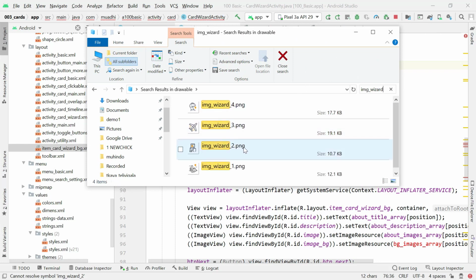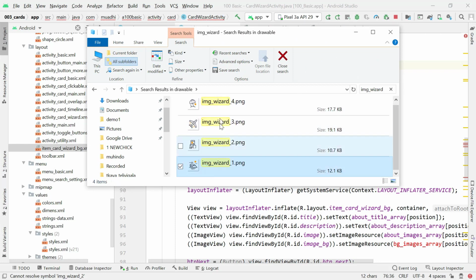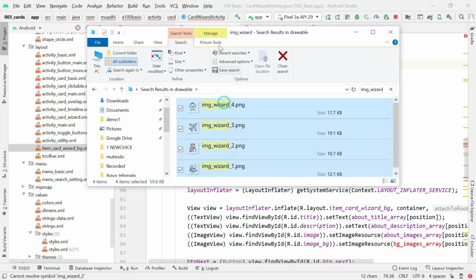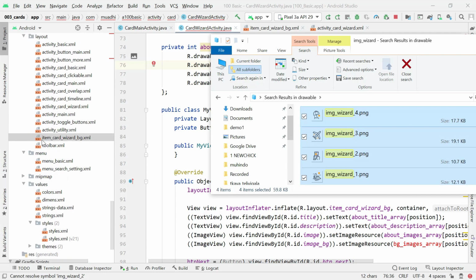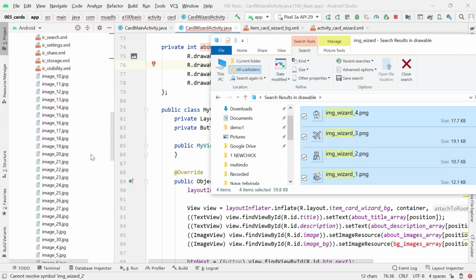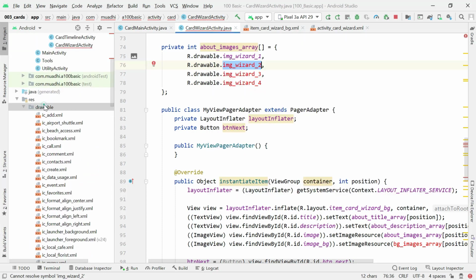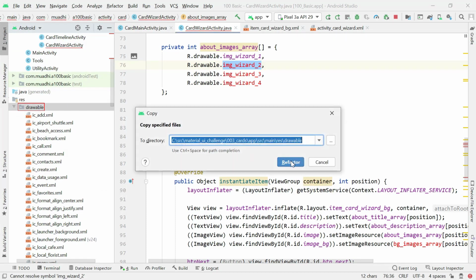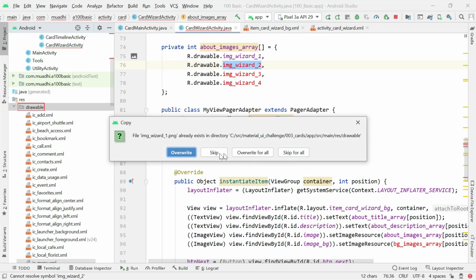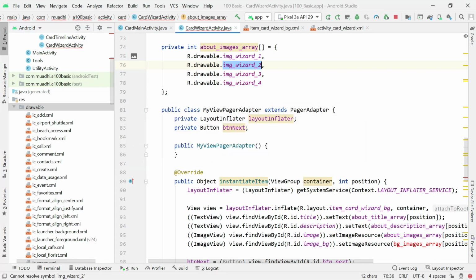They're the wizard images that I have, so just copy it, and then I'll go to drawables. I'll drag and drop, press Ctrl, drag and drop, then I say refactor. I already have an image here, I can skip it. So I now have all those